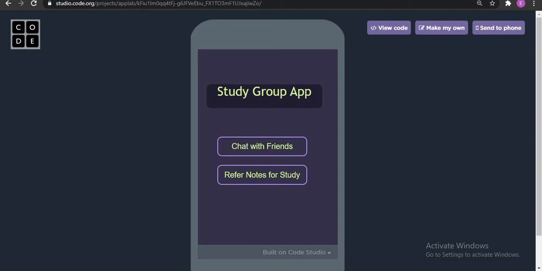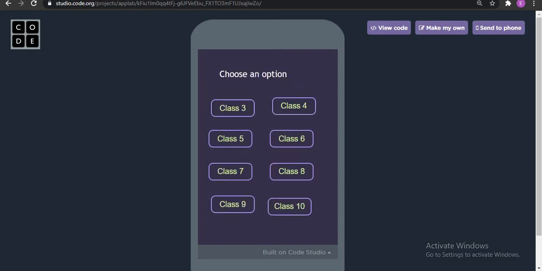So without wasting any time, let's first see the option which is chat with friends, and then we will come to the second option which is refer notes for study. Let's come here, chat with friends. So here we have to choose an option, so either you are in class 3, class 4, class 5, class 6, click any option in which class you belong to. So suppose you belong to class 7 or if you belong to class 10, just click over that button